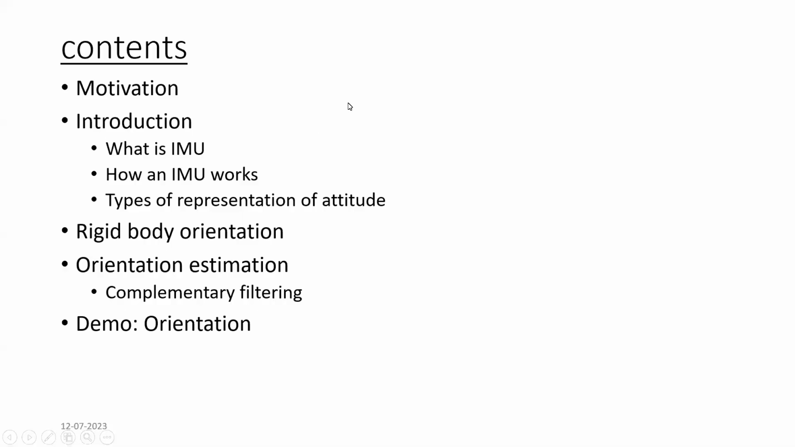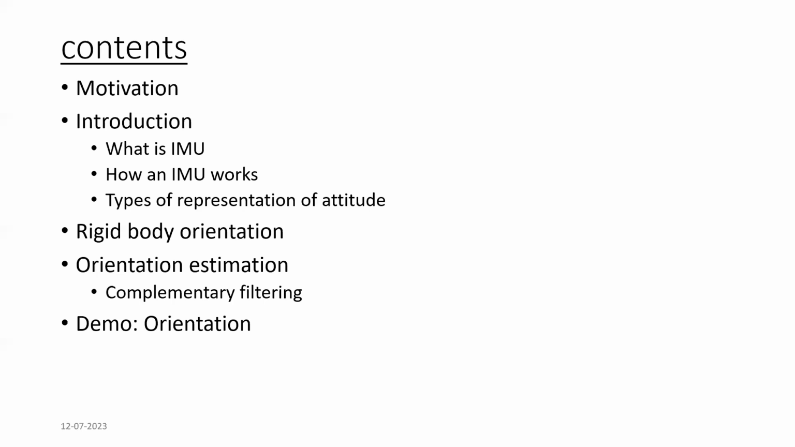So these are the contents. We'll start with some introduction of IMU. What is an IMU? What are the sensors involved in an IMU, and what data will it give? And what is attitude, also called orientation? And we'll go with the rigid body orientation. Then we'll come to the mathematical equations involved in the estimation of attitude or orientation. Finally, we'll see a demo or experiment using a Raspberry Pi, showing how we estimate the attitude using